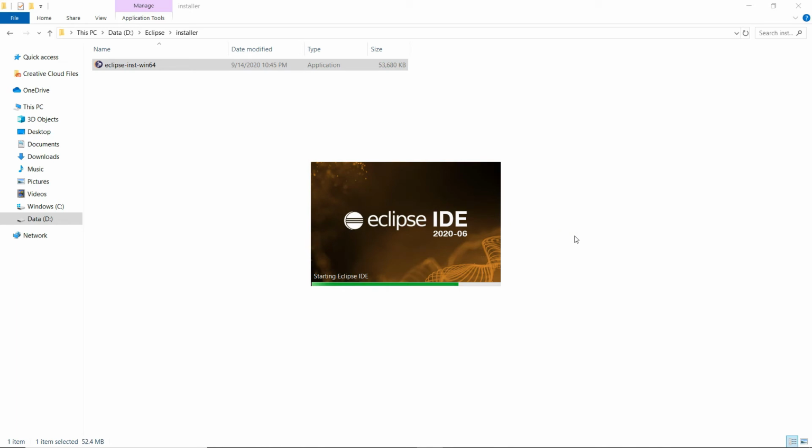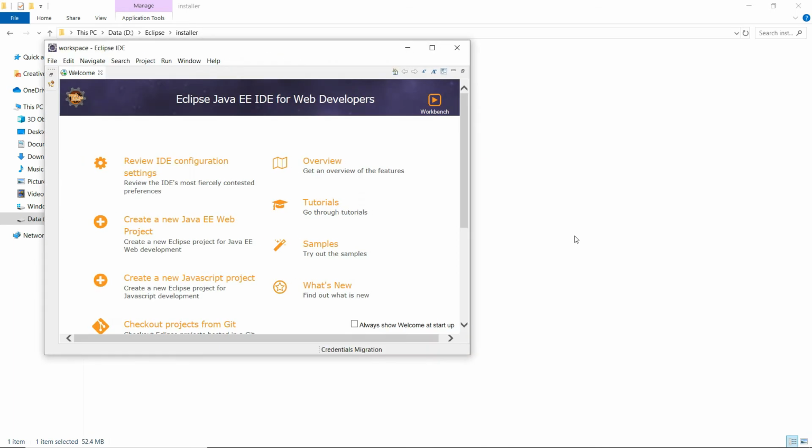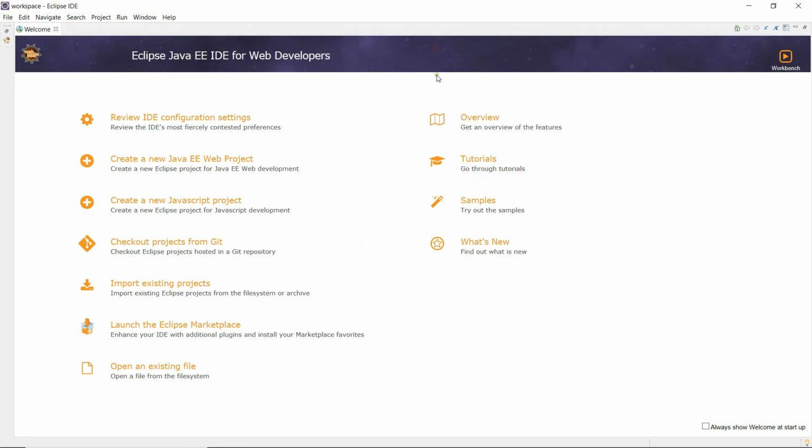The Eclipse IDE is being launched now with the selected folder as the workspace. This is how the Eclipse IDE got launched. And this is the welcome screen that you see as you launch the Eclipse IDE.